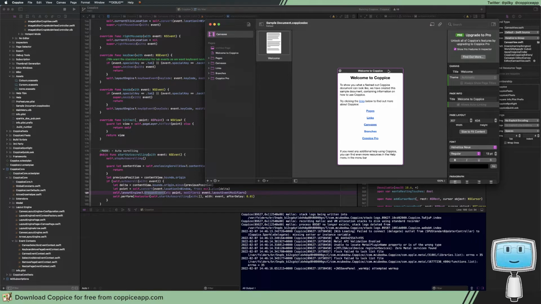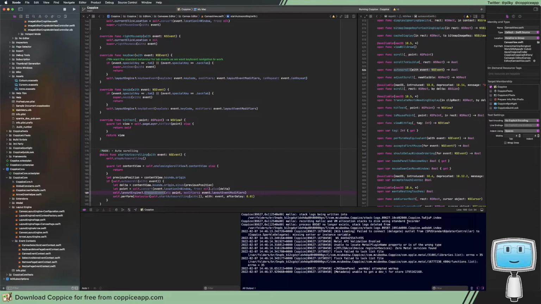So, well, I think before we actually get to doing all that, what we want to do is just get scrolling working. And get all of this working without needing the auto scrolling. So what we need to do